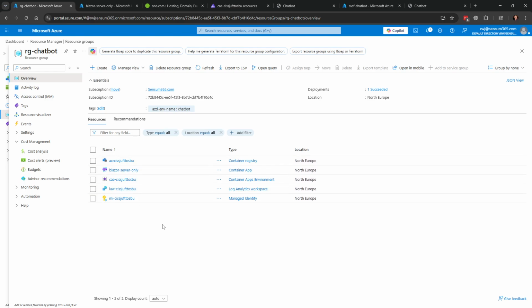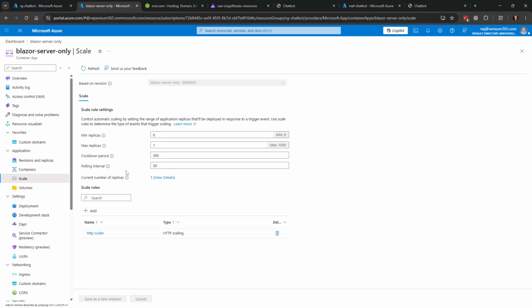It's much more opinionated what goes in there. The real one we are using is the Blazor server, which is the app itself. And it comes with a scale of 1 here, meaning it always runs, and up to 10 different auto-scaling. I don't like that because that costs more money. So I've actually put it down to 0 and 1 in order to save a bit of money. Else it would have cost more.